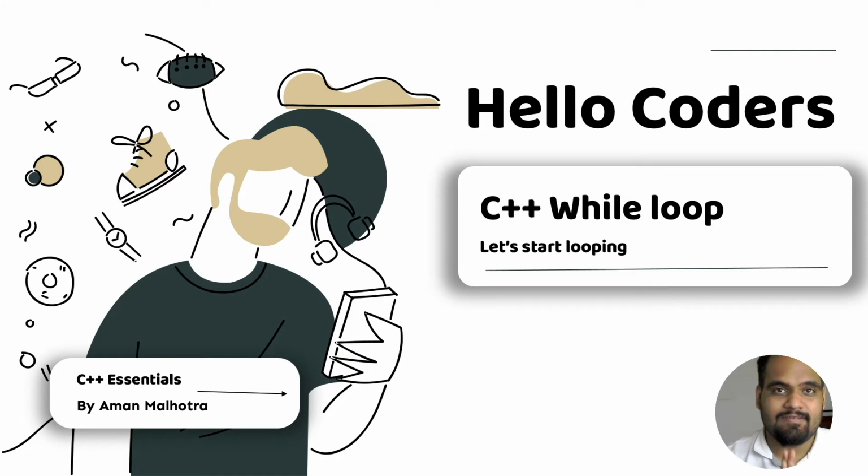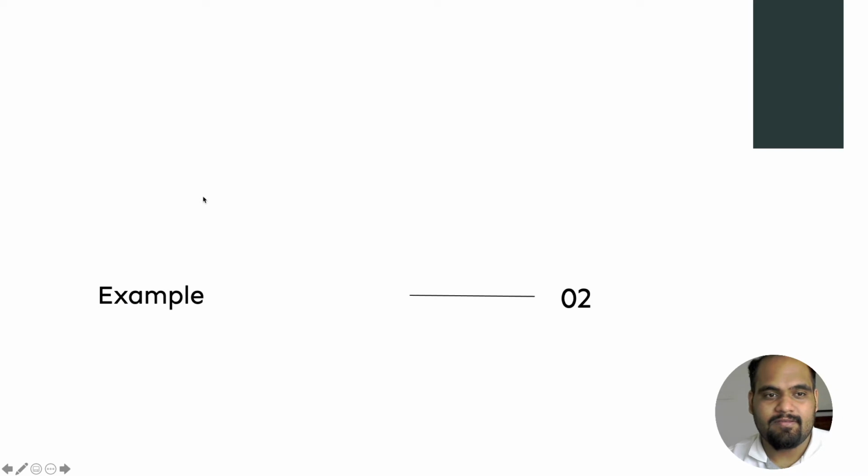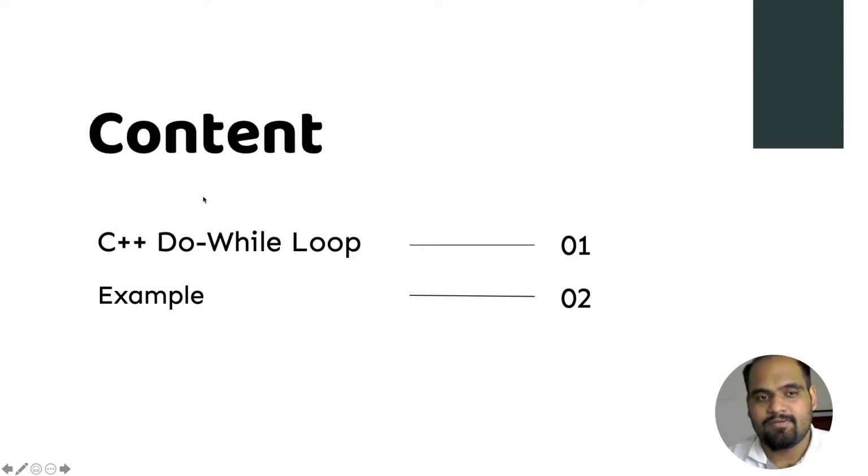Now this chapter is going to be only about loops. I'm going to change the loop that we wrote in the previous video, which was a while loop, and make it a do while loop as well. So this is going to be about do while loops. Now what are do while loops, and we're going to see the example as well.